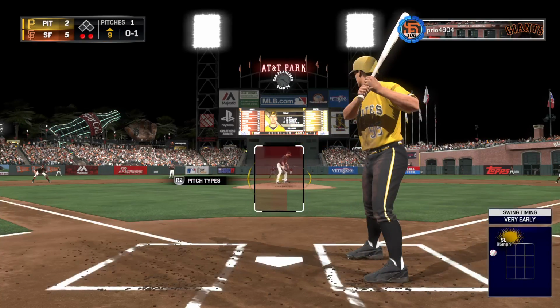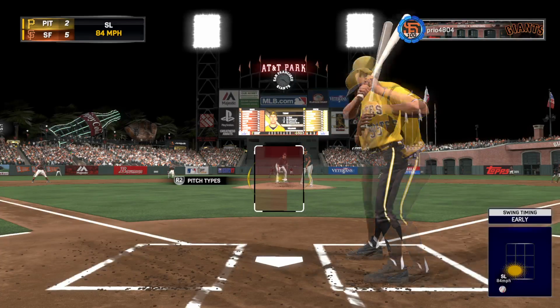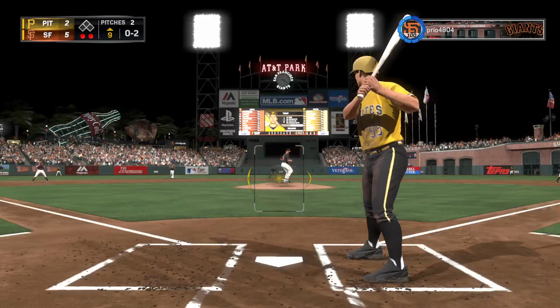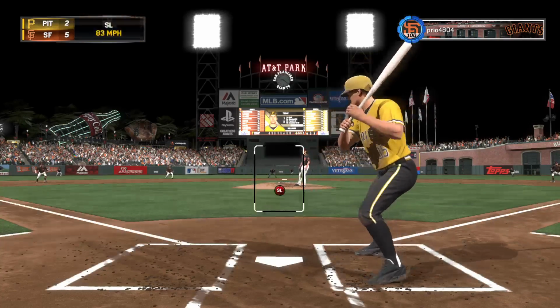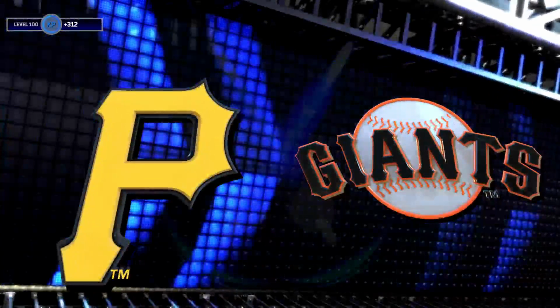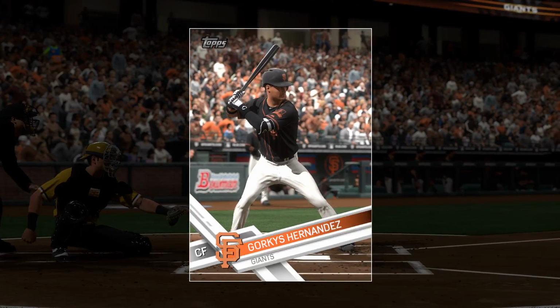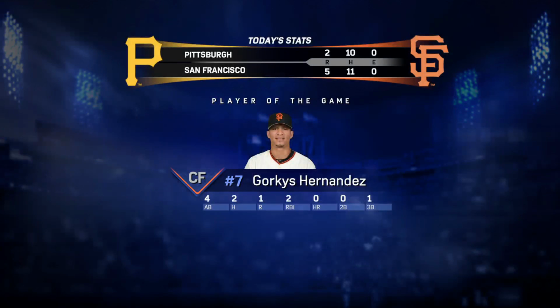Oh, what a pitch to start the at-bat there. It's 0-1. And a check swing here, but he pretty clearly broke the plane, and it's 0-2 now. And he holds up on this one, but it's a called strike 3. And with that, the ball game is over. Well, the man you see right there had a game to be proud of. He really came through when it mattered, and he's our top player of the game. Yeah, he winds up with a